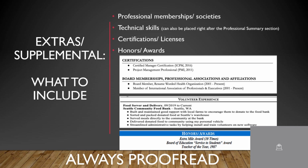If they are, then you will probably want to list them in this section rather than lumping them in with anything extra. Make sure things that are required or recommended for the job that you're trying to apply for stand out on your resume. And when you're discussing things like volunteer work or academic extras, in my previous videos, I mentioned that you can